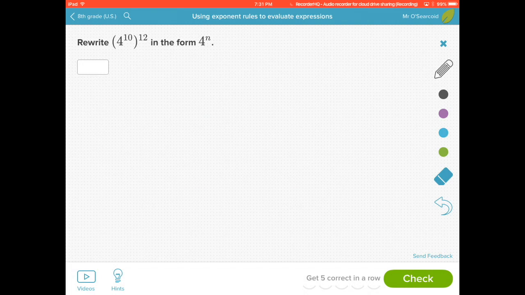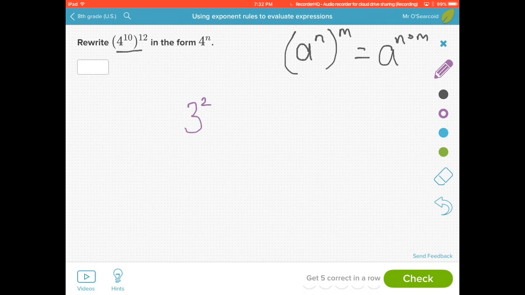Okay, so moving on. The next rule I'd like to talk about is the exponent of an exponent rule. This tells us that if we have the base to an exponent, and that is to another exponent, that's equal to the base to the first exponent times the second exponent. And if you think about this as an example as well, if we take 3 to the power of 2, and we say that's to the power of 5, this is the same as saying